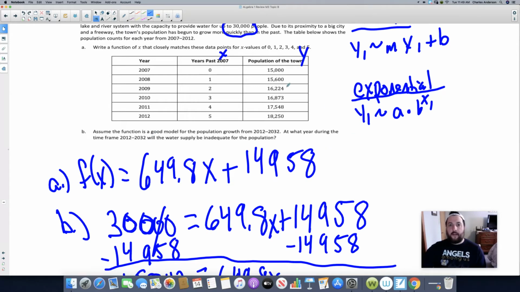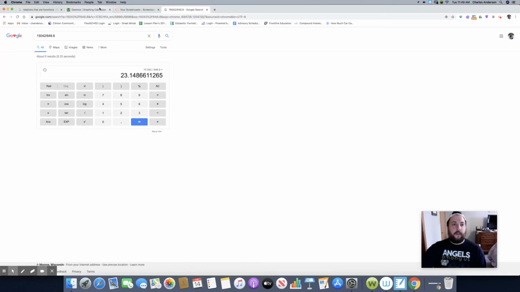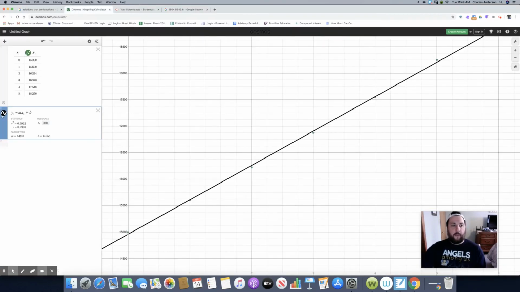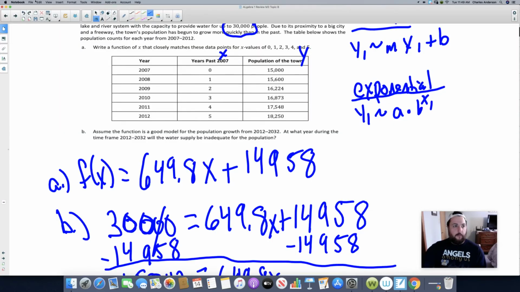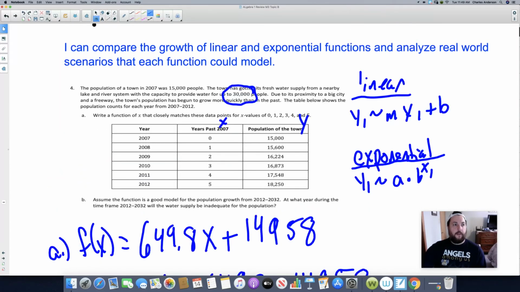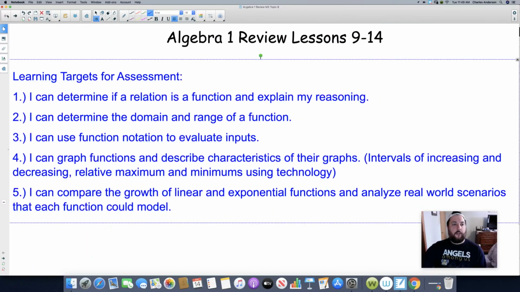The point is, guys, looking at the data to determine what type of model is best is important, and then typing in the model and making a prediction, stuff that we've done. I believe that's it. Yep. So going back to all the learning targets that you need to know, that's what they are. Hopefully this video helps. You can work along with it on